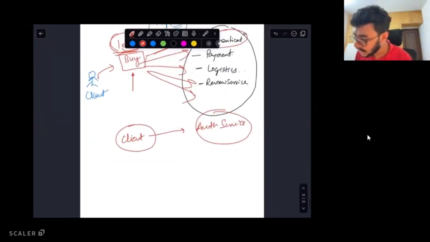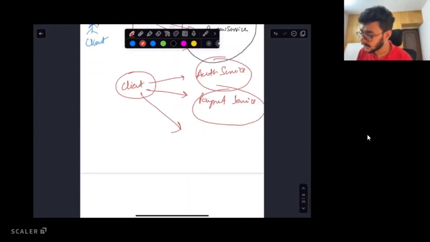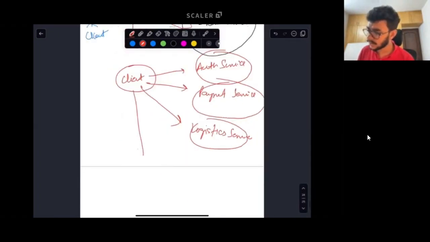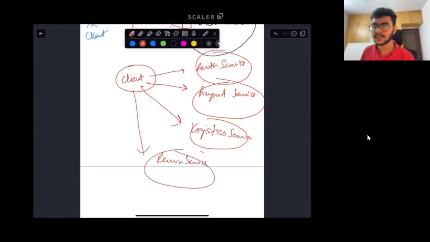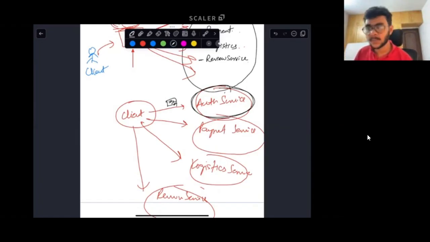And then the client is also going to invoke the payment service, right? Hey, we need to do some payments now. And then it needs to also call the logistics service, that hey, this specific item needs to be delivered to this specific user, go ahead and deliver it. Now, after that, the review service will be called, right? Some entity needs to call all of these services. What if this service that was supposed to process this event, while it was processing it, crashed?